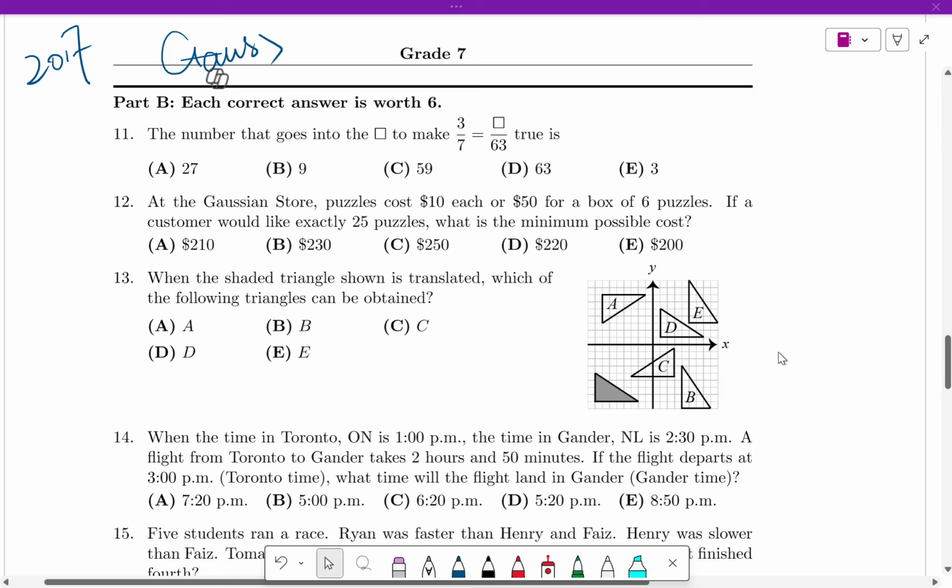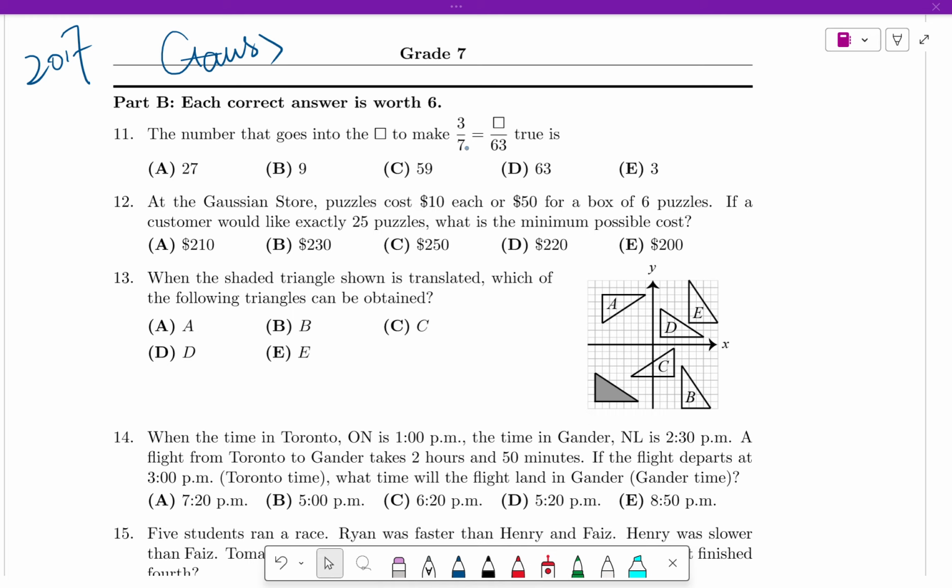Everyone, welcome back. In this video, we will be working on 2017 Gauss Contest Grade 7 Part B, which is question 11 to question 20. So let's get it started. Question 11. The number that goes into the square blank to make 3 over 7 equal to blank over